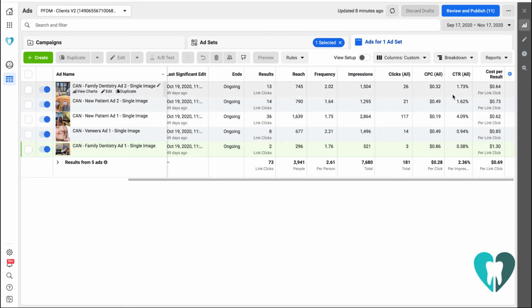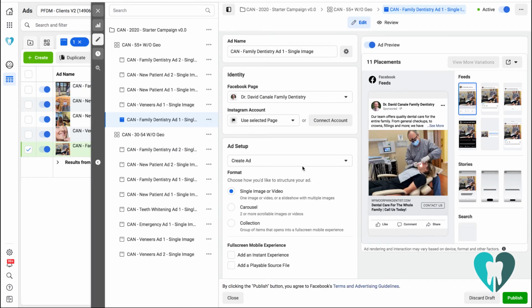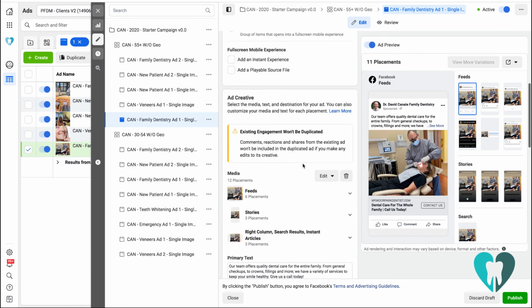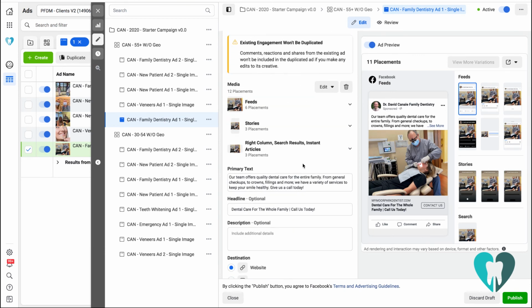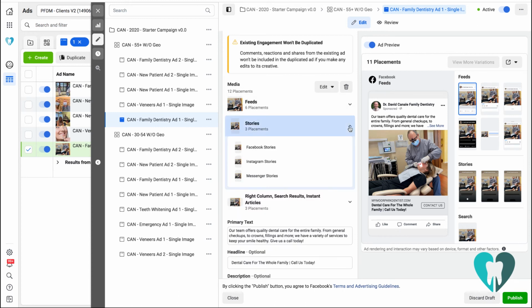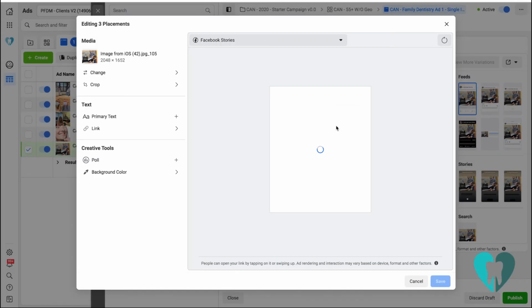If you're noticing that you don't have a healthy click-through rate and you want to do something about it, some of the changes that I suggest are adjusting where your ad should show. So let's edit this ad and I can show you what I'm talking about. If you scroll down after clicking on the ad, you can see different placements. I would suggest sticking with newsfeed ads on the desktop. So removing them from stories by clicking this pencil to edit,